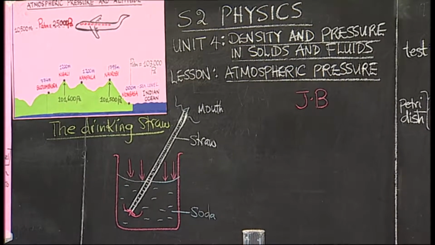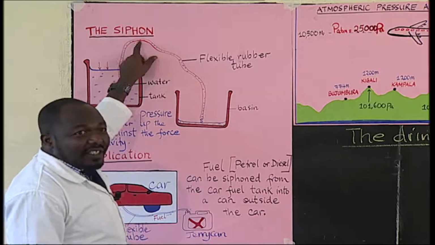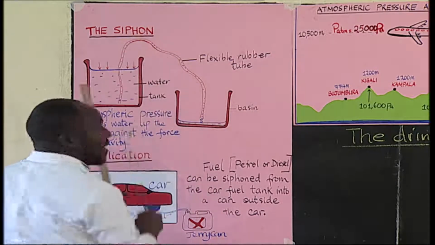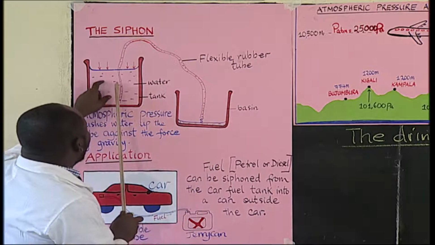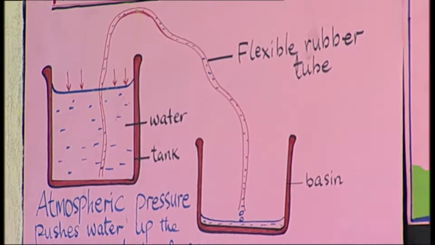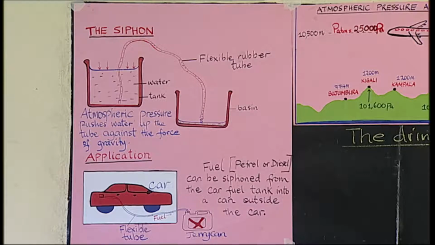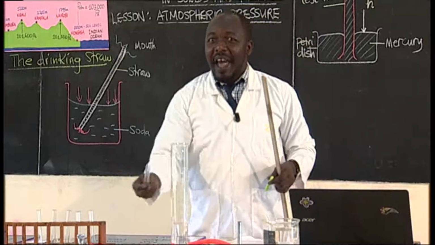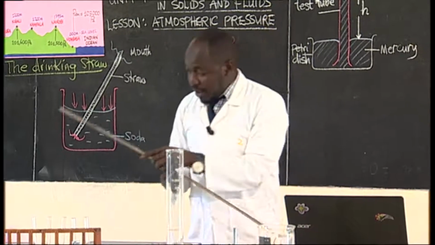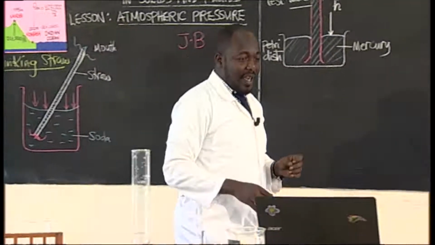But is it able to push this liquid and the liquid goes against the force of gravity? This is quite very interesting. Look at this area. Look at this. How do we make sure that water moves up against the force of gravity? Because if you have water, water will pour going down because force of gravity is pulling it towards the center of the earth. How then do we make it move up? Very interesting. Let us watch this demonstration, which you can do, by the way, at home very easily